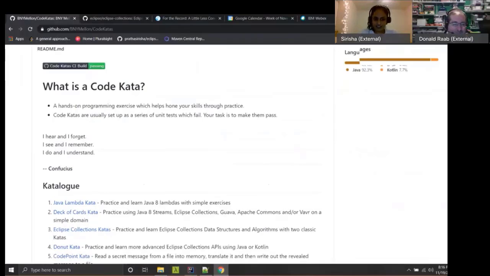So what is a kata? Katas are basically small exercises that practitioners of an art form